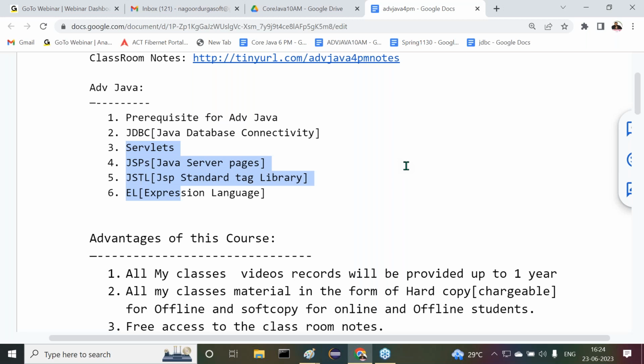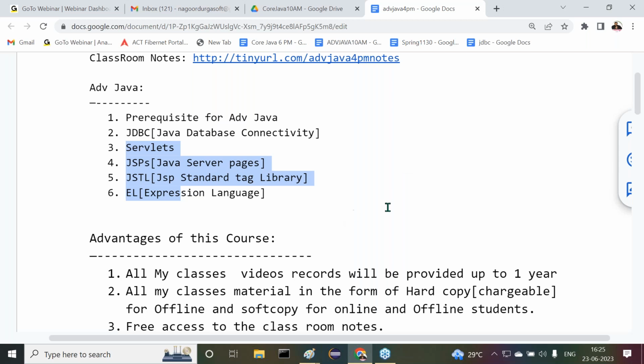Servlets, JSPs, JSTL, and EL expression language must all be executed on a server machine only. Whether servlet programs, JSPs, JSTL, or expression language, all four run or execute on the server side only. If you want to execute them on the server side, definitely we require some server software.